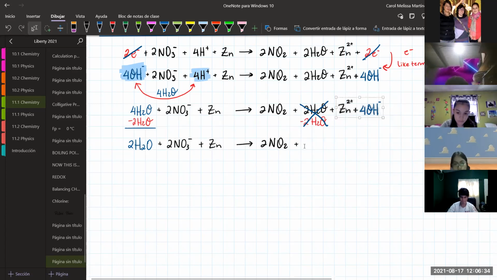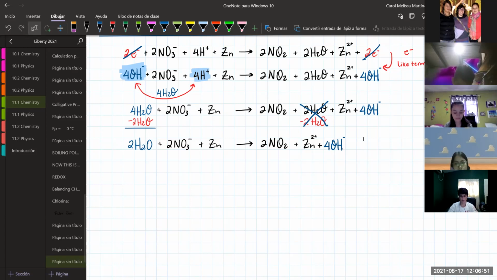Todo lo que no alteré lo copio. And with this, we finish. We apparently finished. So now all we need to do is checking everything, checking the number of atoms and checking